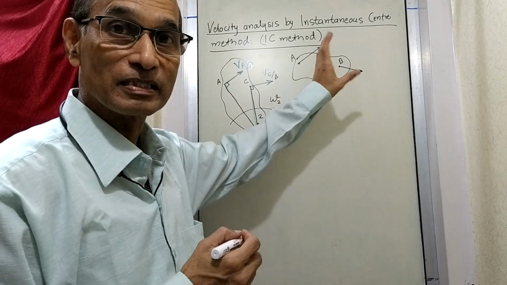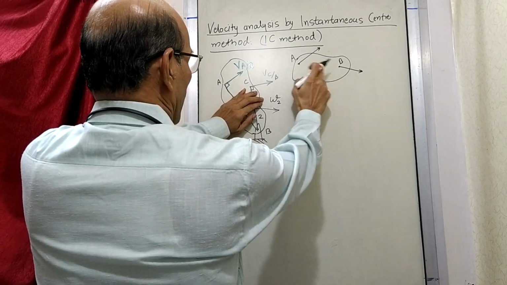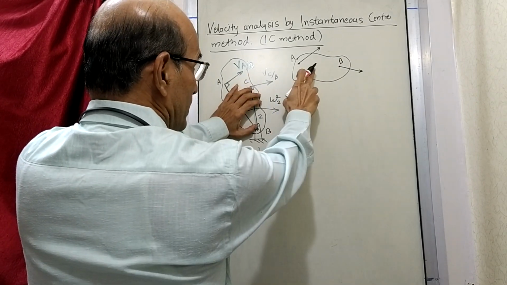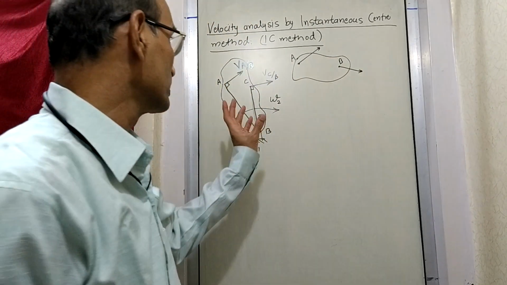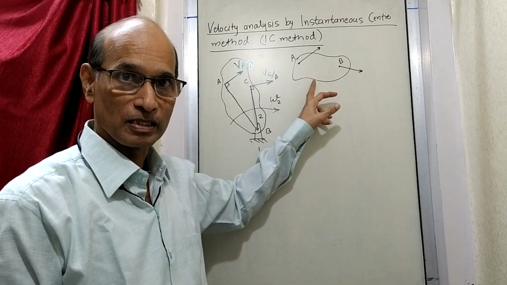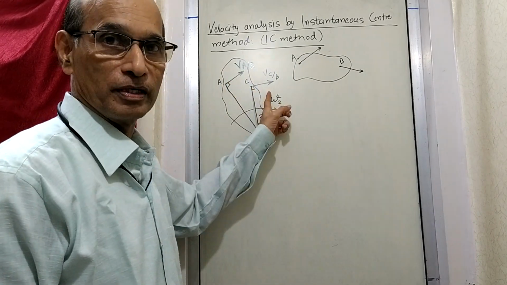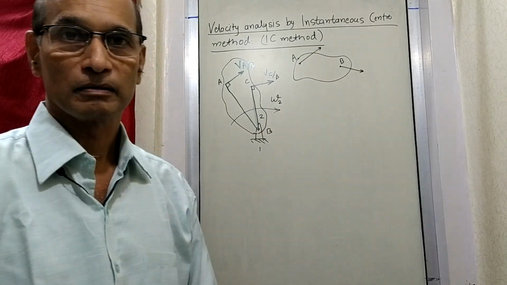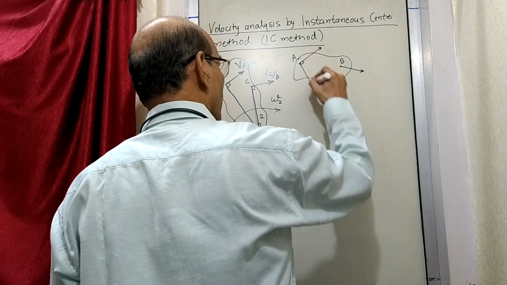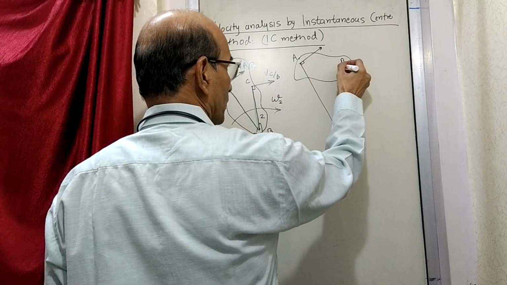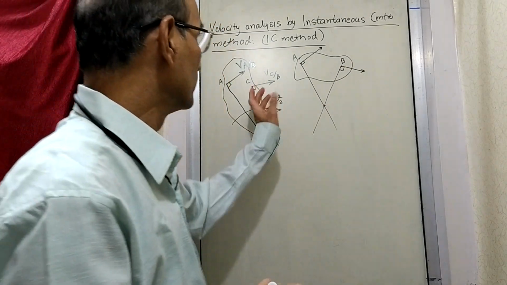Now here the question asked is exactly opposite. Here these two velocities are given, but about which point this link is rotating is not given. So are you getting it? This is exactly the opposite problem: to find the center of rotation when the velocities are given. There, the center of rotation is given and you have found out the velocity. So how will you get the center of rotation of this link? You have to do exactly the reverse of this. So we draw perpendiculars. That means this is the point about which this link must be rotating.